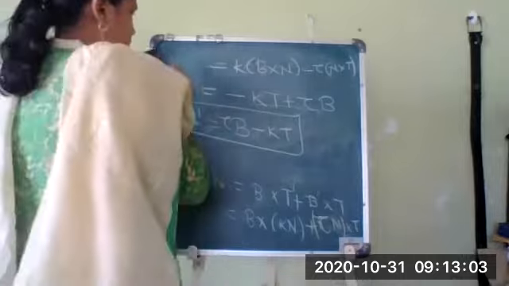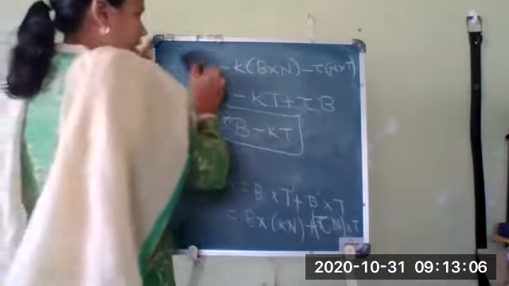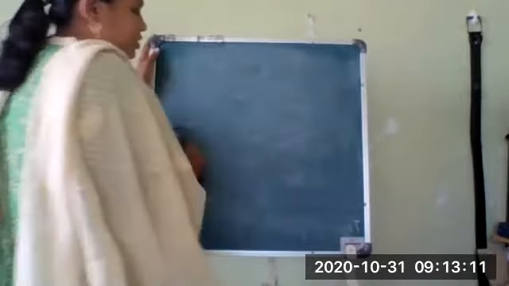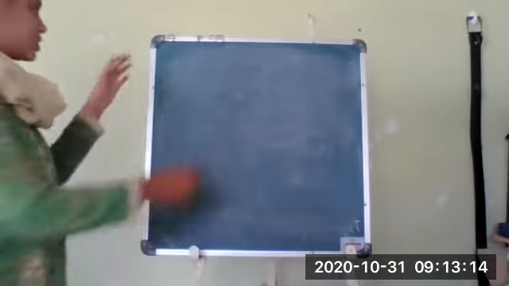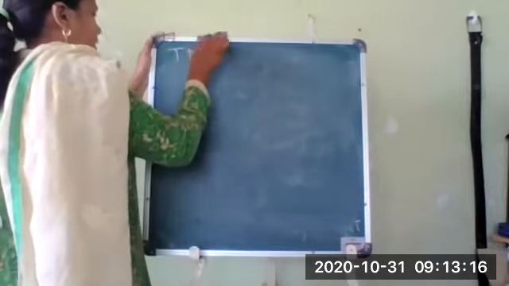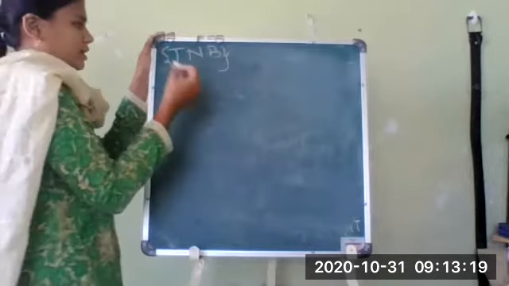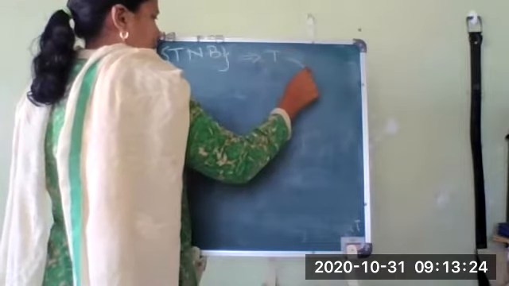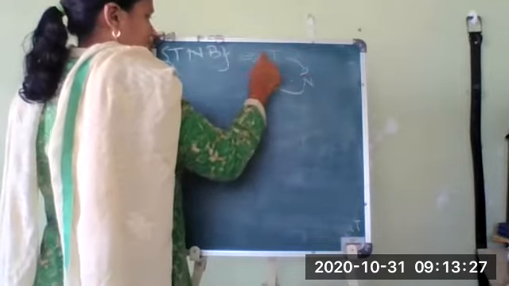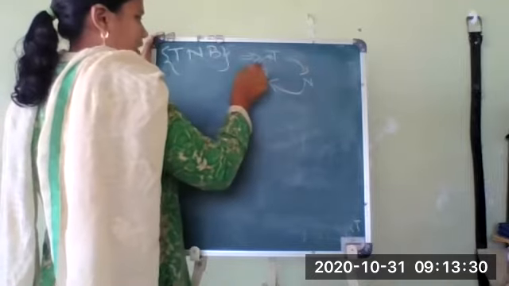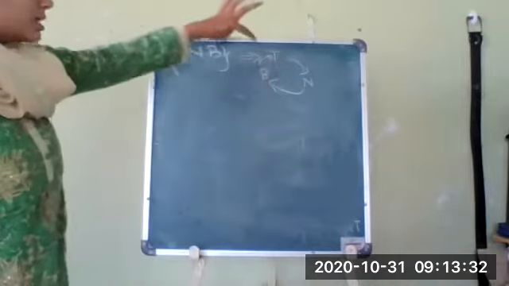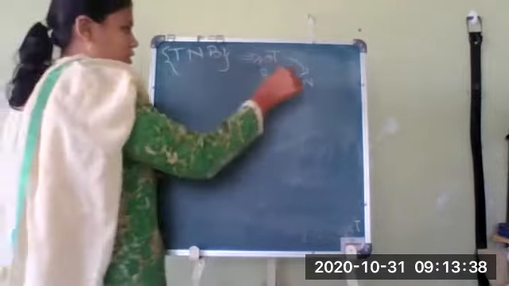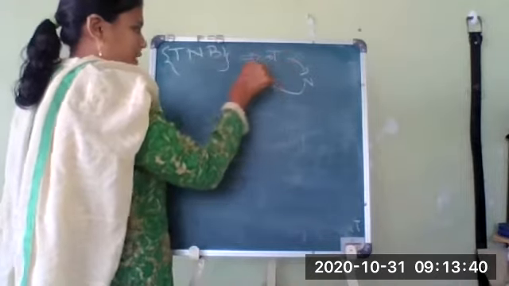I hope you have understood. Now let me go to one more thing related to this. Whenever you calculate this, you must know this circle of T, N and B. That means all these are in rotation, and with the help of the cross product property, we know that it is T, here N and here B. After T it is N, after N it is B, after B it is T. This T is the tangent, N is the normal, B is the binormal. So what will be T cross N? It is B. B cross T is N. N cross B is T.